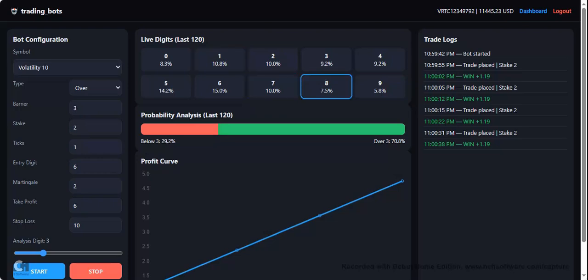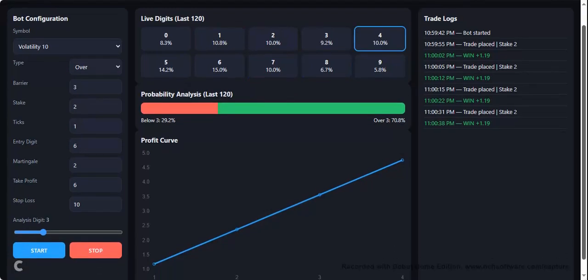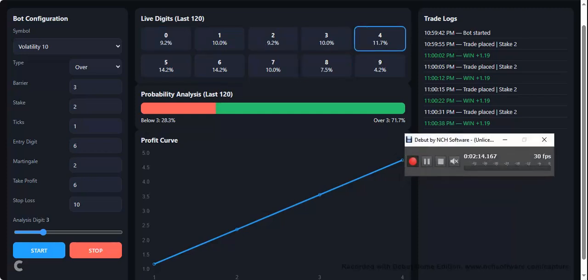The system supports multiple volatility indices, live account authorization, balance synchronization, and session-based account switching. Once all conditions are met, trades are executed automatically, removing emotional decision